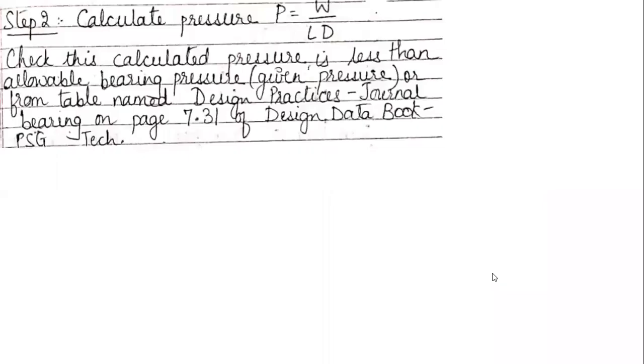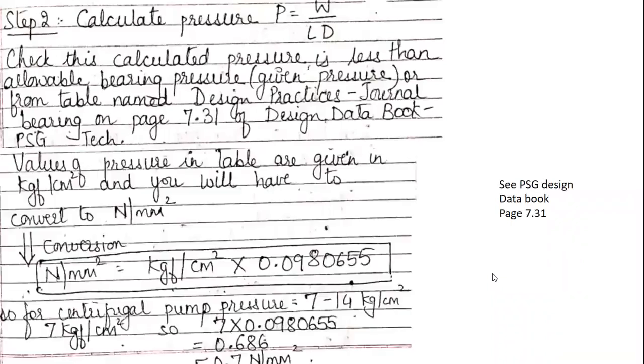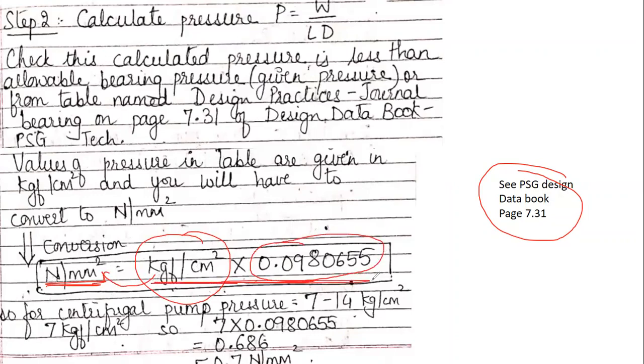Moving ahead, pressure that we will calculate will be in Newton per mm square. But you saw right now that in the PSG design data book, the pressure is not in Newton per mm square, it is in kgf per centimeter square. Then to convert from kgf per centimeter square to Newton per mm square, you have to multiply kgf per centimeter square into